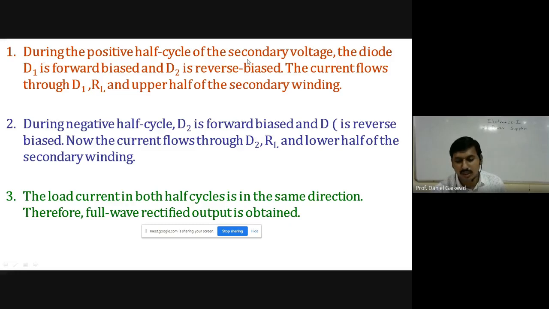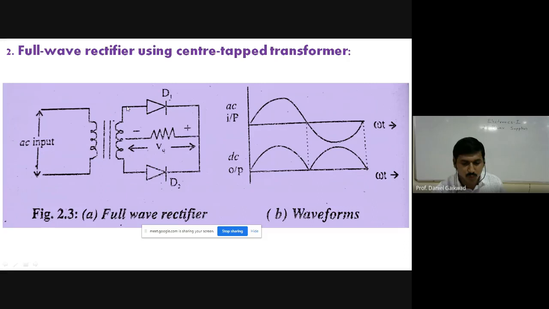During the positive half cycle of the secondary voltage, diode D1 is in forward bias and diode D2 is in reverse bias. Now check carefully. Suppose here we have the positive half cycle. So the voltage will go on increasing on the positive side. The voltage will be 0, 0.1, 0.2, 0.7, 1, 2, 3, 4, 5 like this. So this will be connected to the P type. And as the positive voltage increases across diode D1, after 0.3 or 0.7 volts, diode D1 will start conducting. That is, it is in forward bias.